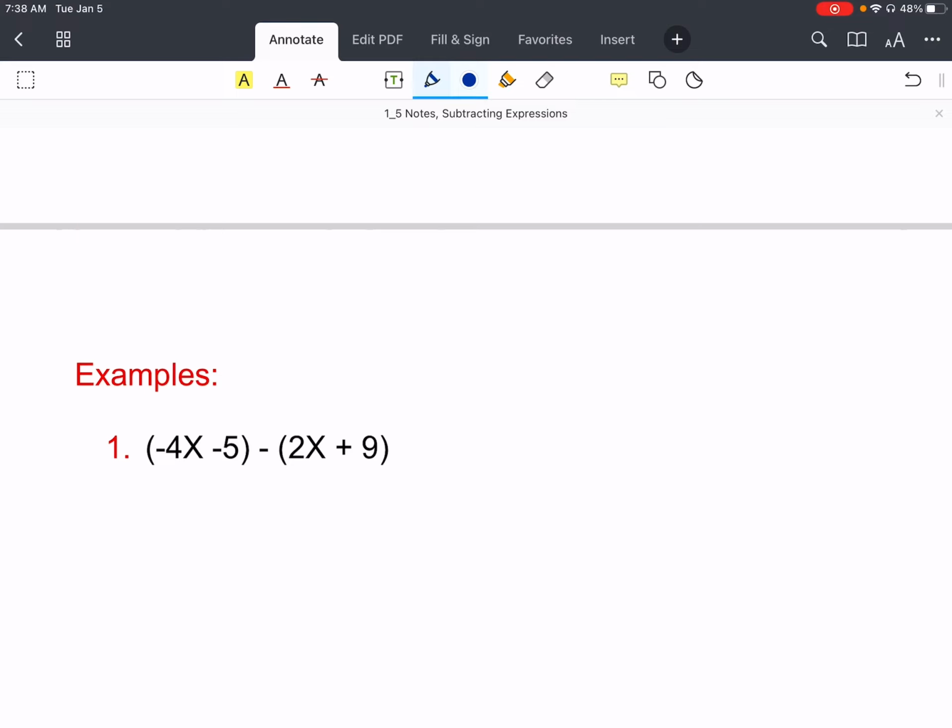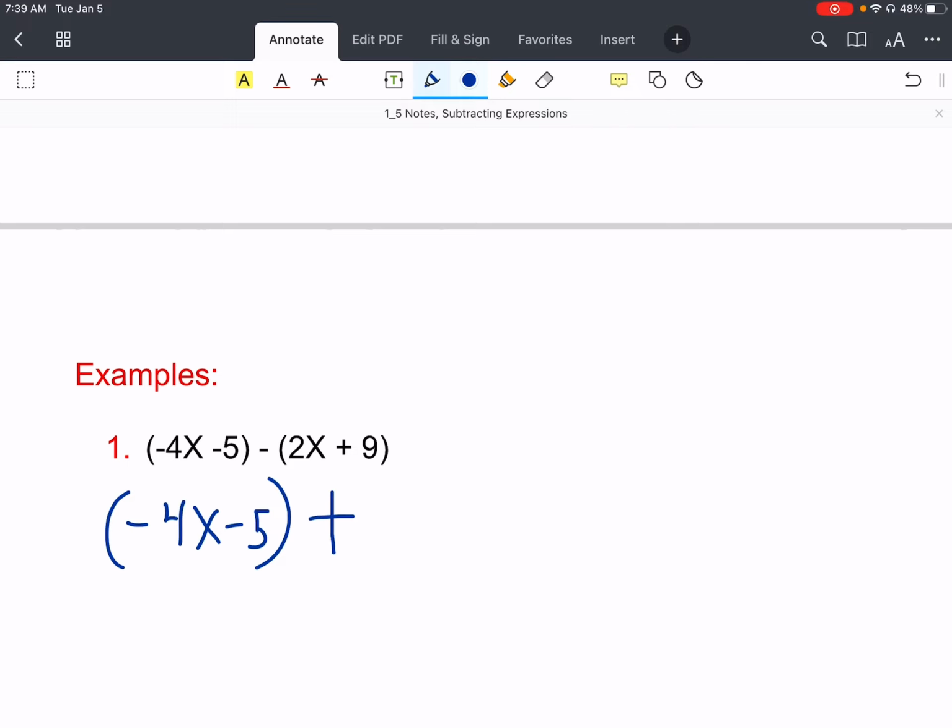So it would be nice if we could just combine -5 and +9 and -4x and 2x, but that's just not the case because our term is negative. So we're going to want to rewrite this. Instead of minus 2x plus 9, you're going to want to think of it as -4x minus 5, so the first term stays the same,